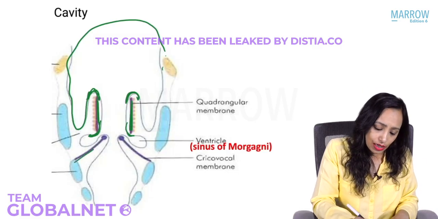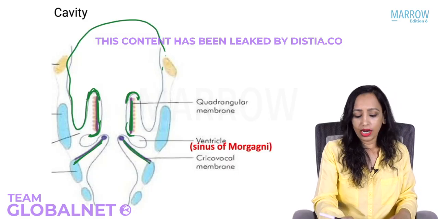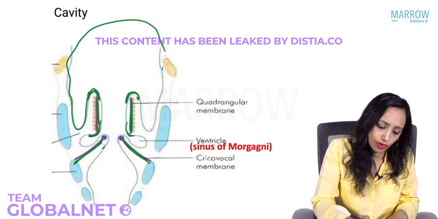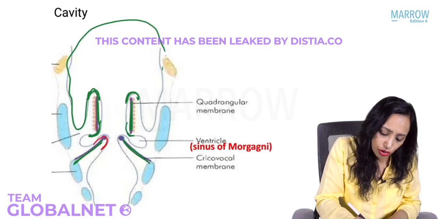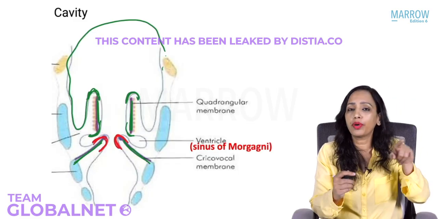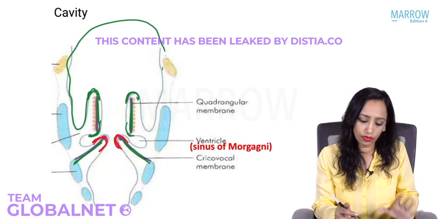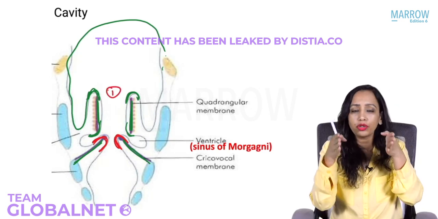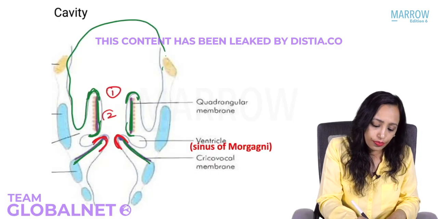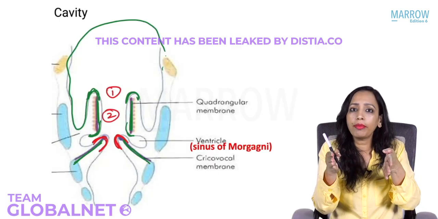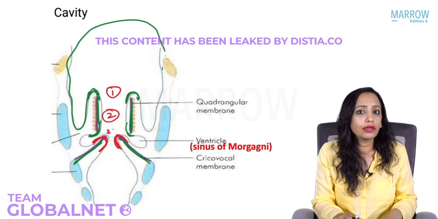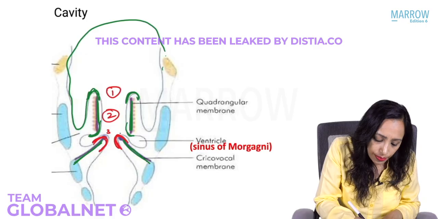This is the conus elasticus. You can see the cone form nicely in this coronal cut section. And the upper part of the conus elasticus is what is known as the true vocal cord. Now I am going to write 1, 2, 3, 4. You are going to tell me what these parts of the cavity are. 1, this is in between the two aryepiglottic folds, epiglottis and aryepiglottic fold. This is the inlet. 2, this is in between the two quadrangular membranes, the vestibule. 3, in between the two false vocal cords. This is rima vestibuli.